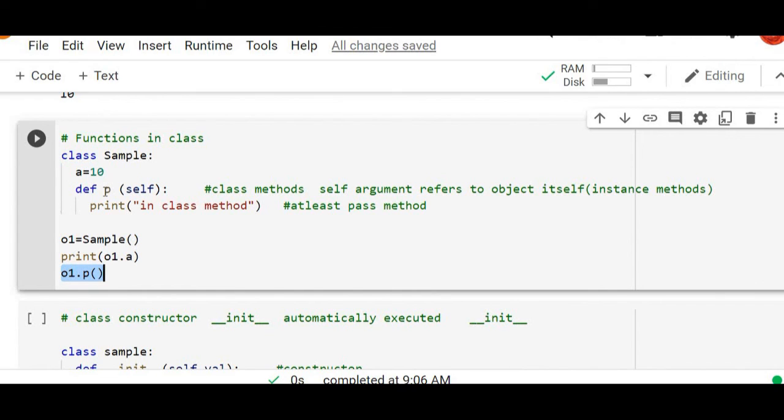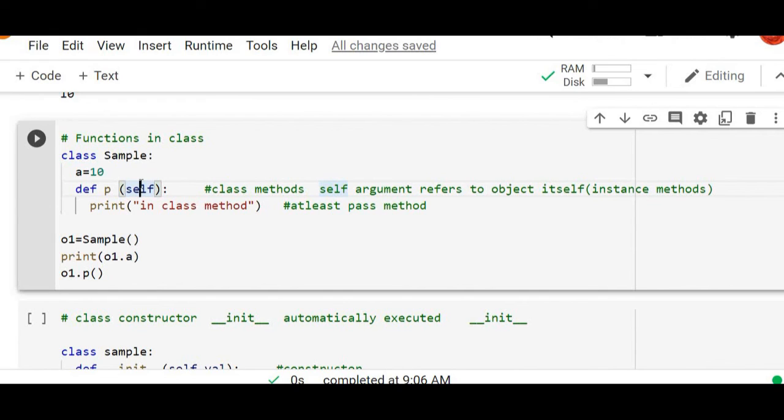Whenever there is a function defined inside this class, we have to call that function only with the help of the object. So o1.p. Even though for this function we don't have any arguments, whenever we are defining functions inside the class, the first argument should be self. Even though no arguments are present, the first argument should be self.